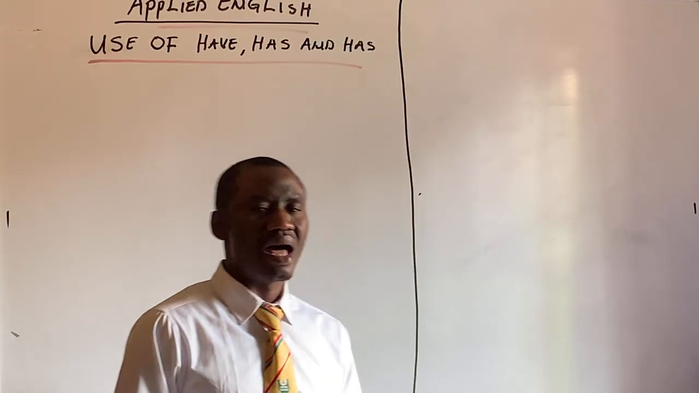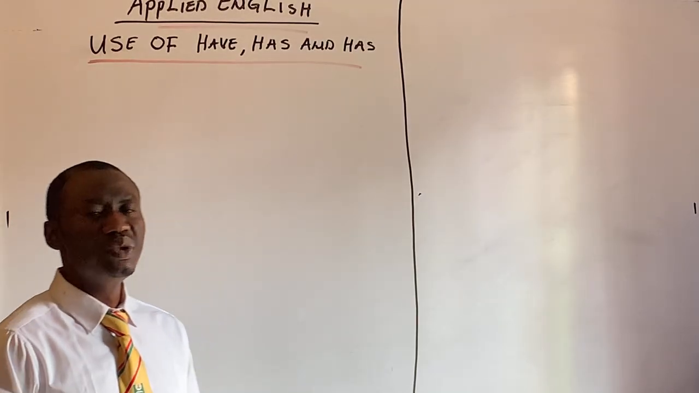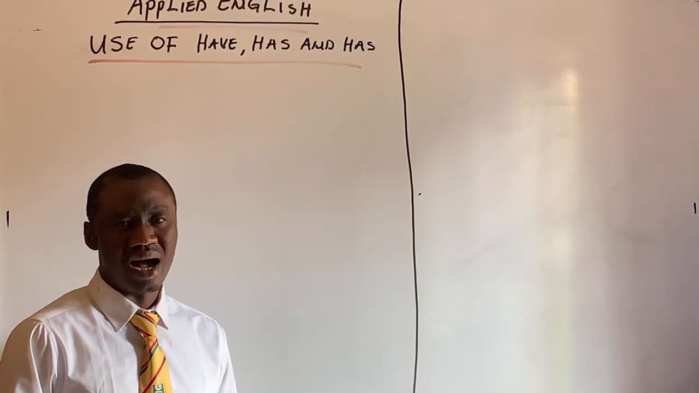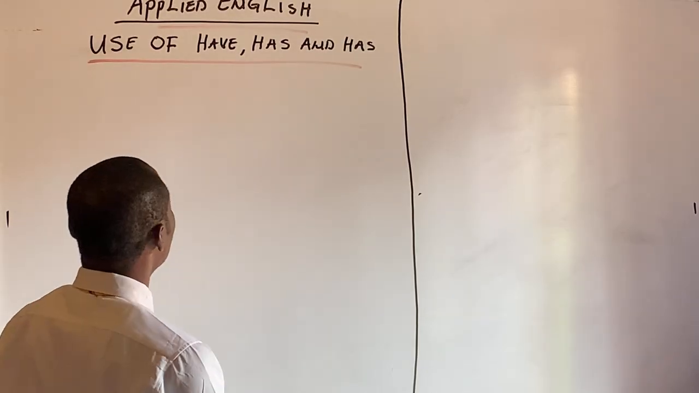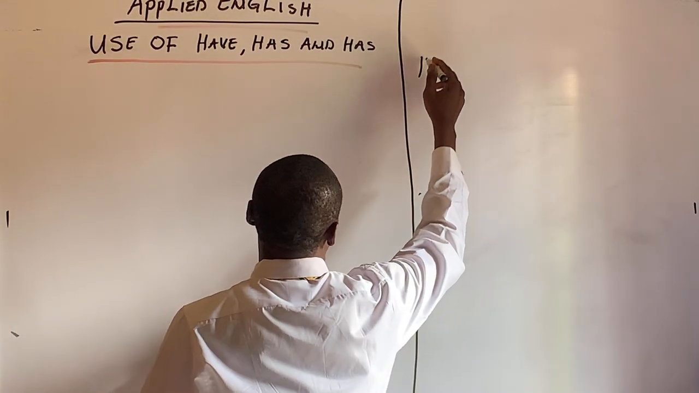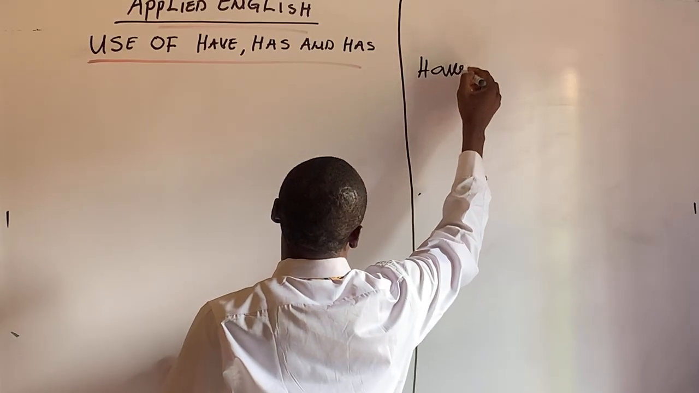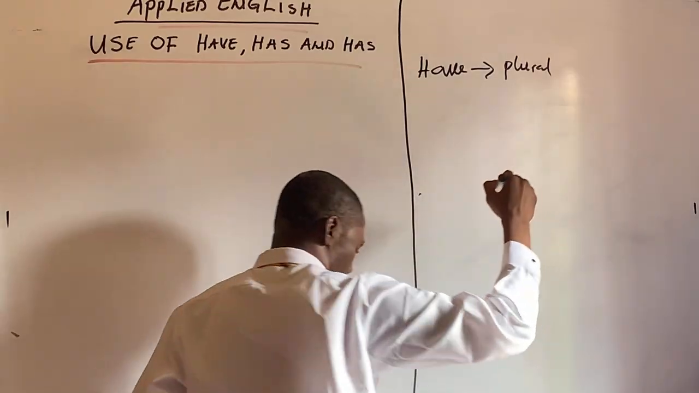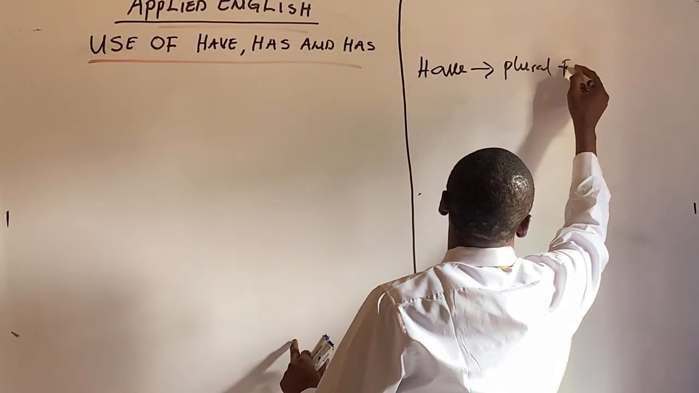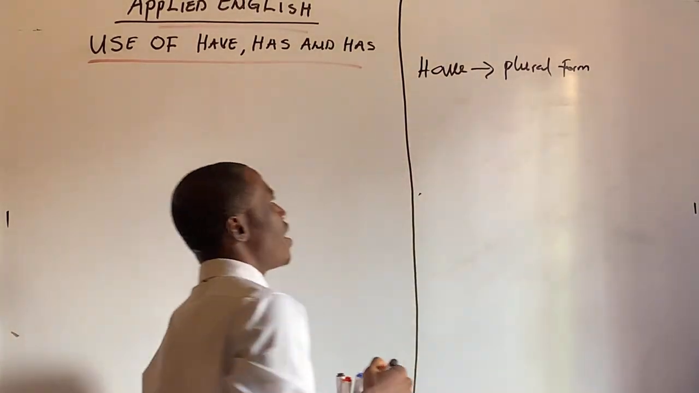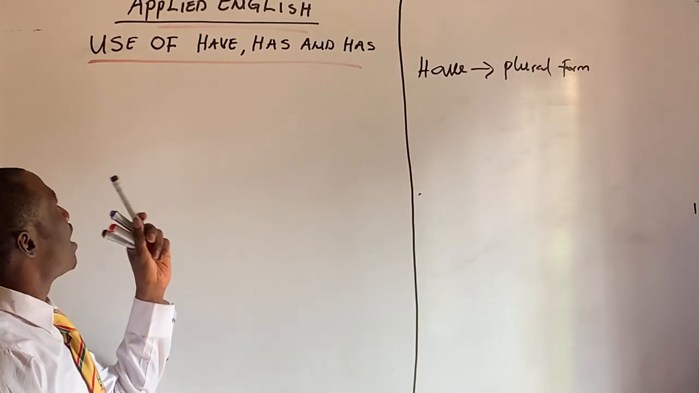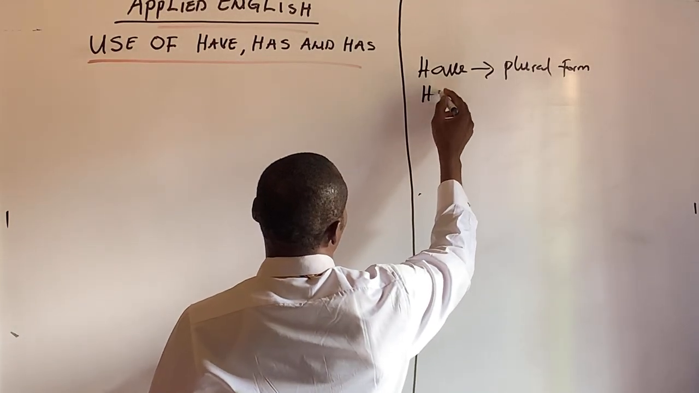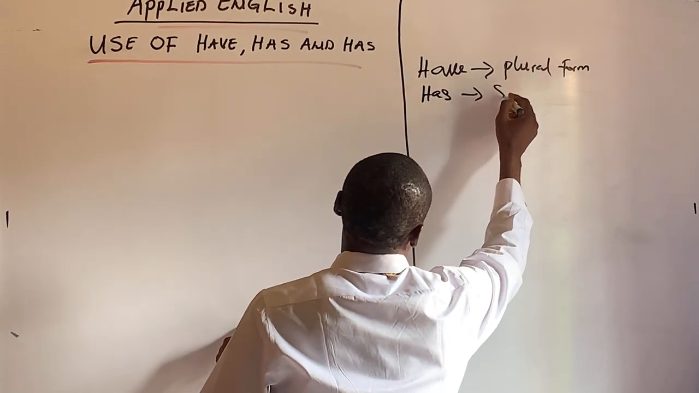In today's class, we'll be looking at the use of have, has, and had. Have is the plural form of the verb. So we have, have is the plural form of the verb have, has, and had. Has is the singular form